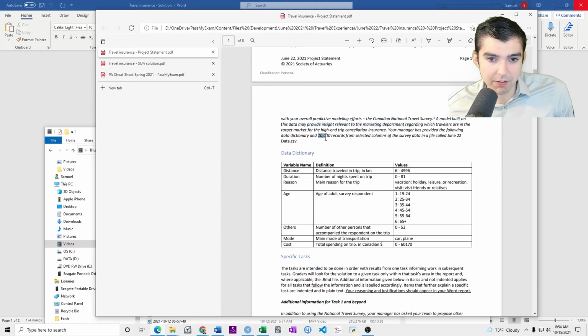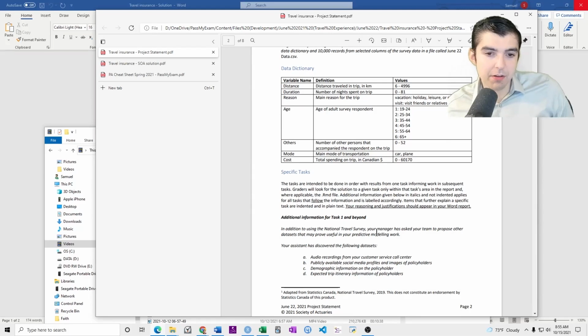So you can see 10,000 samples is fairly large, which will allow for different types of machine learning models. And there are 1, 2, 3, 4, 5, 6, only 7 variables. However, we see that this reason is a category, and so this has several different levels. So potentially you could be creating a lot of dummy variables, as well as age. This is numeric, but these are really binned values. So you can think of these as categories.